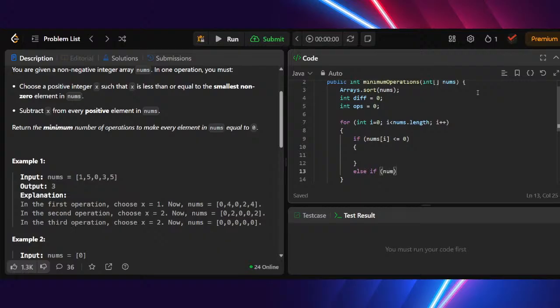Else if i is not equal to 0 and nums of i is equal to nums of i minus 1, even that, do I need? I think all you need is